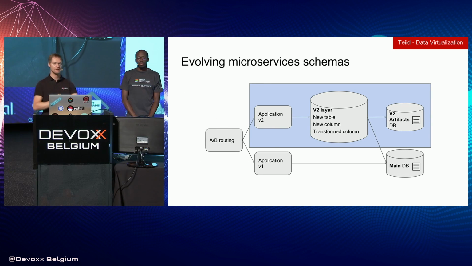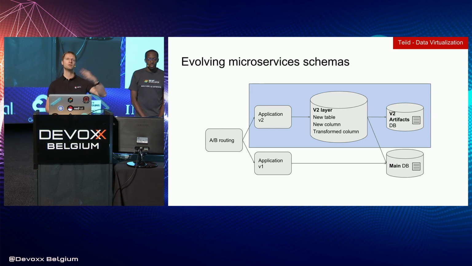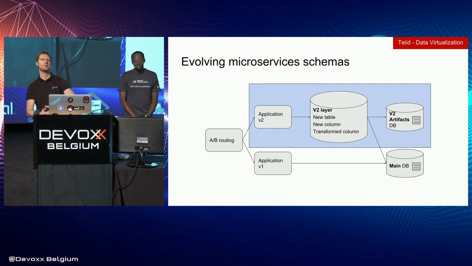Another interesting aspect is that even on a given microservice, it's about evolution. So when you get a new version of a microservice, if it's just code, it's easy, quote unquote. You've got your A/B routing, go to the new version, they all talk to the same database. Yes, but what happens when you change the database schema, maybe in a backward compatible fashion? So if you had a virtual layer for V2 that looks at the new shape of the